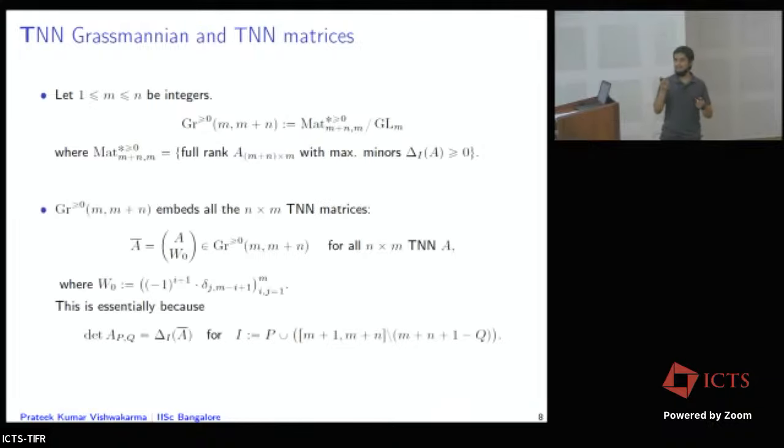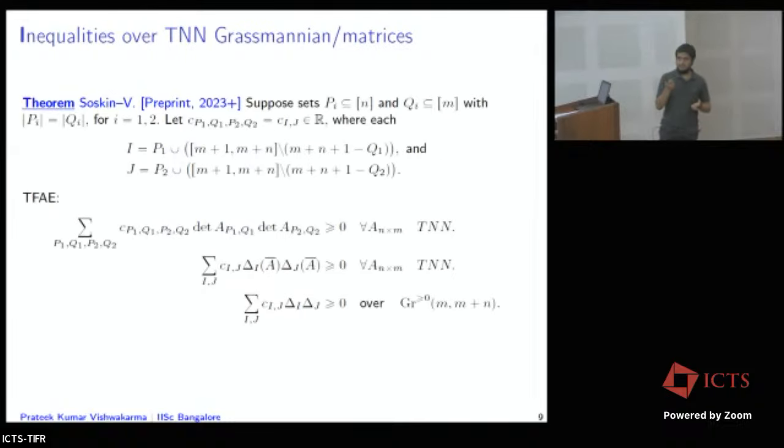set of TNN matrices is sitting inside the TNN Grassmannian via this map in which the representative matrix A bar is just A appended with the anti-diagonal signed exchange matrix W0. With this map there is a one-to-one correspondence between minors of A and maximal minors of A bar. So because of this and the projective geometry and the density theorem, we can have this result, which basically says